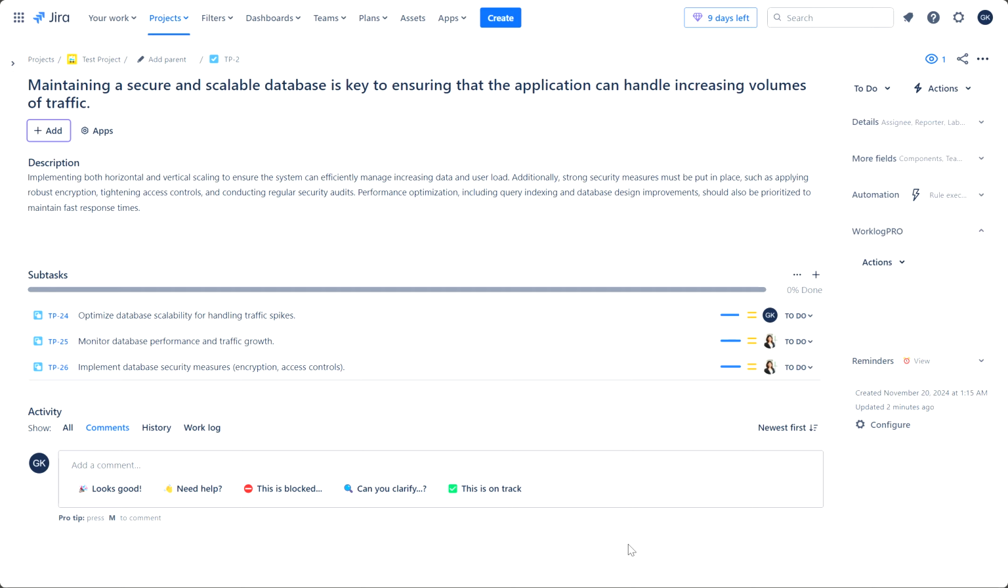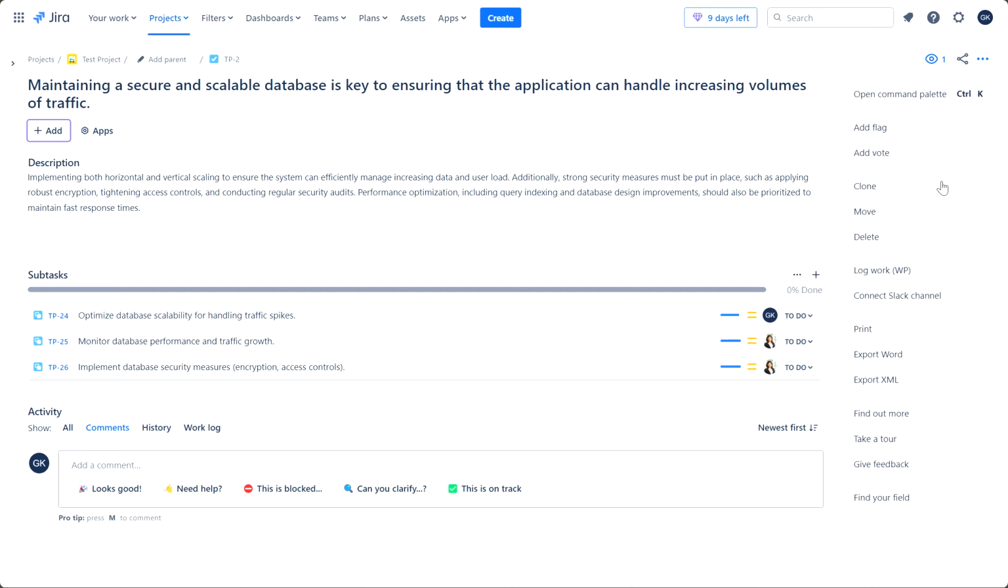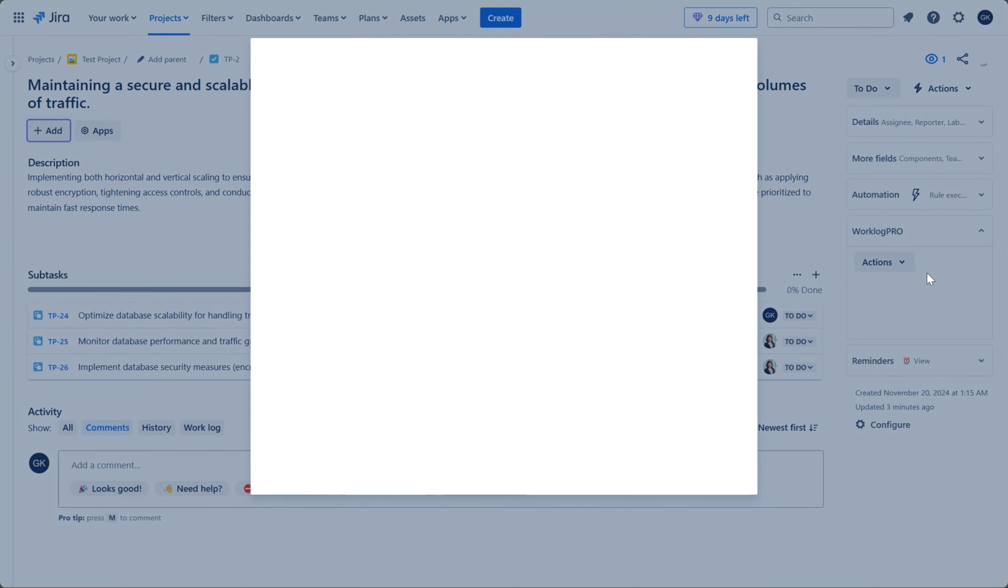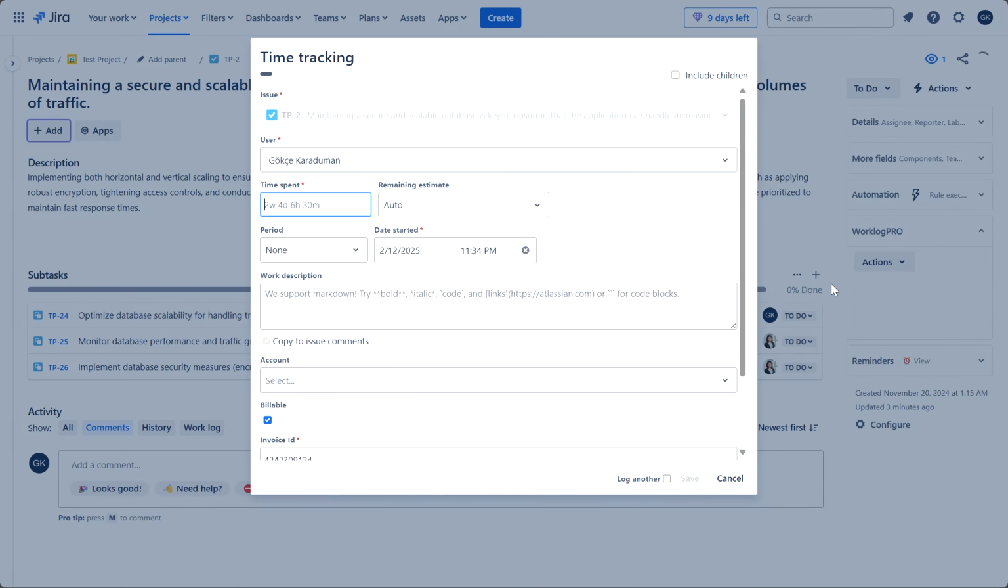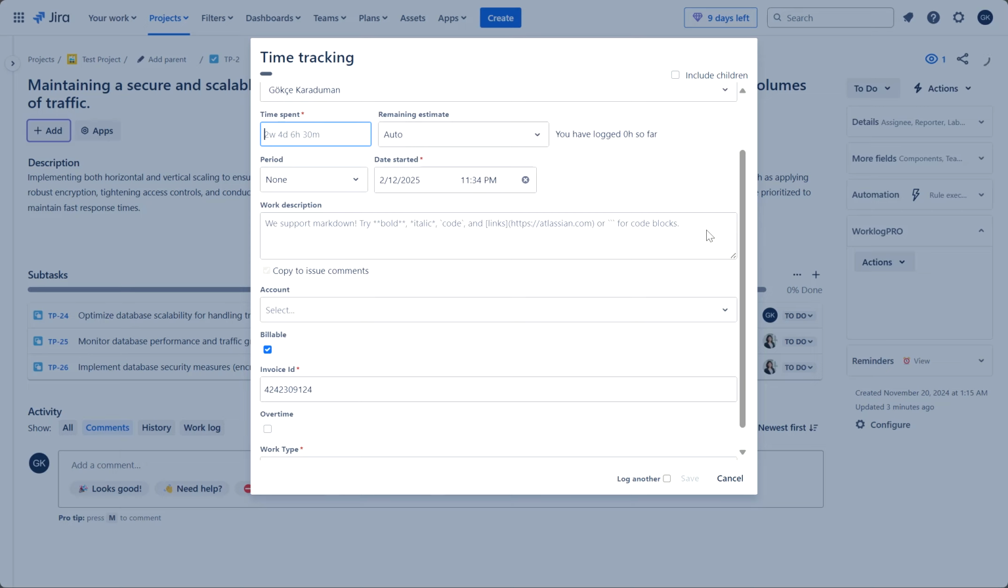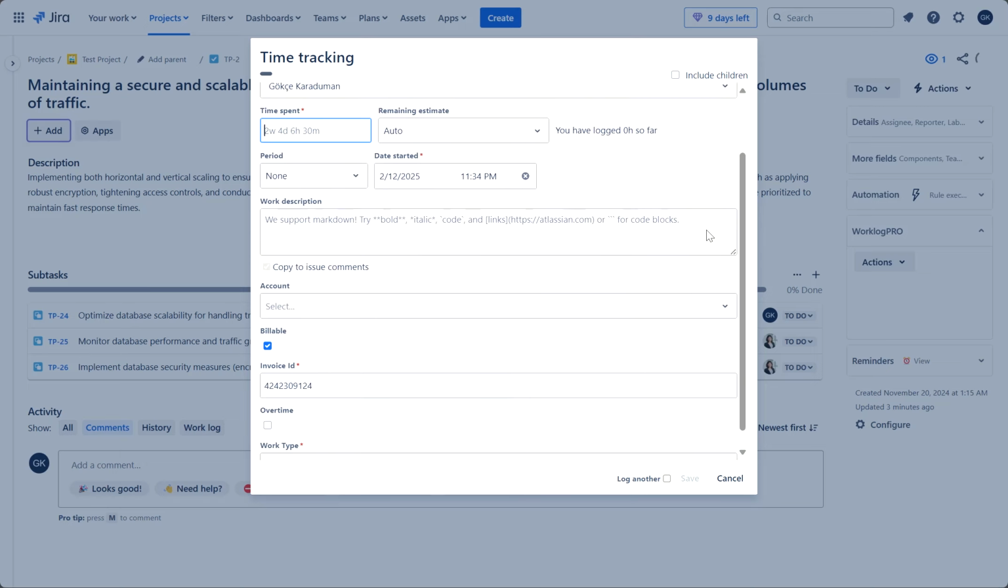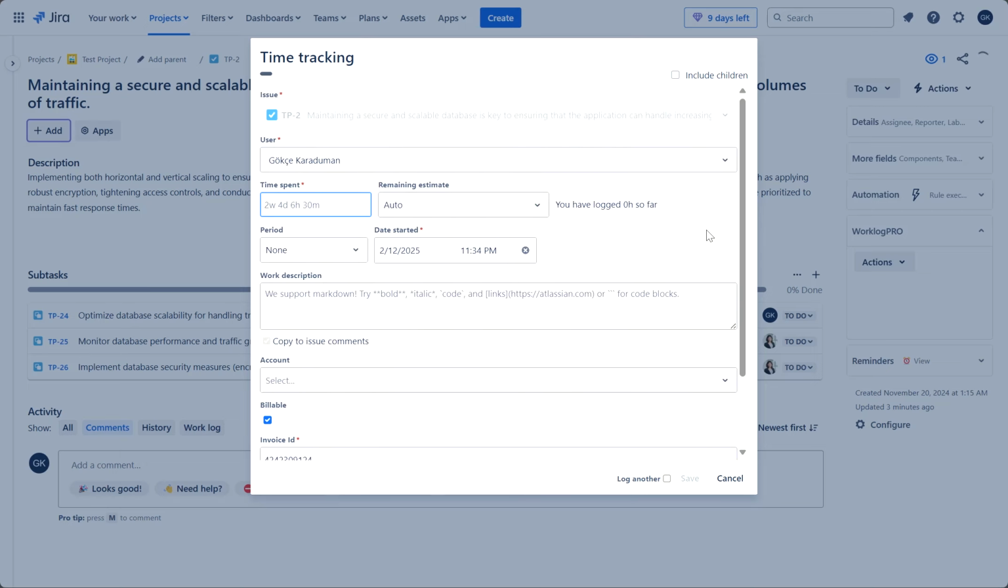You can open the Worklog dialog by clicking the Log Work option in the drop-down menu located in the three dots on the right side of the issue view. WorklogPRO dialog offers advanced customization options, allowing you to visualize a wealth of additional features and detailed information beyond the standard Jira dialog. If you open it in the issue view, the relevant issue will appear in the issue picker